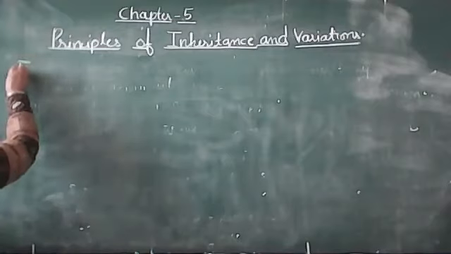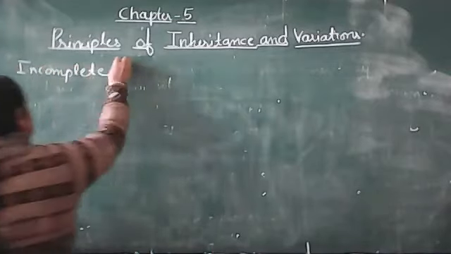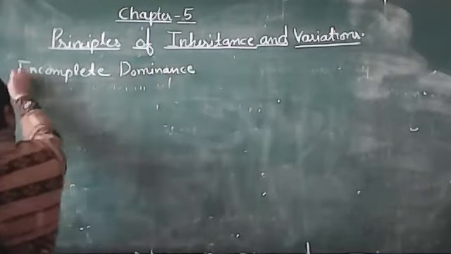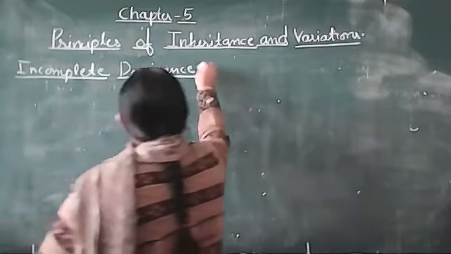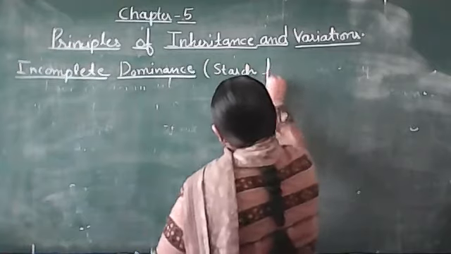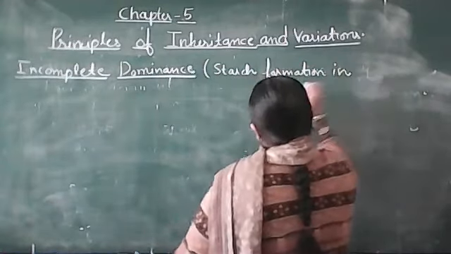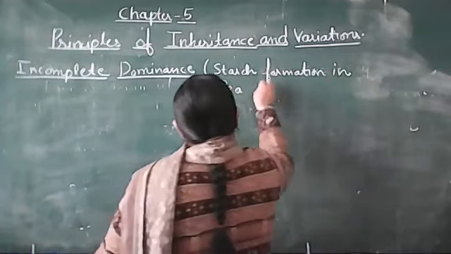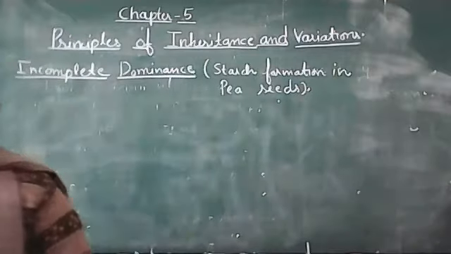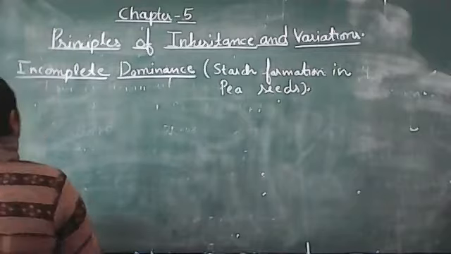Okay students, this is the second example of incomplete dominance. So according to the amount of starch that is found in the pea seeds, we have two